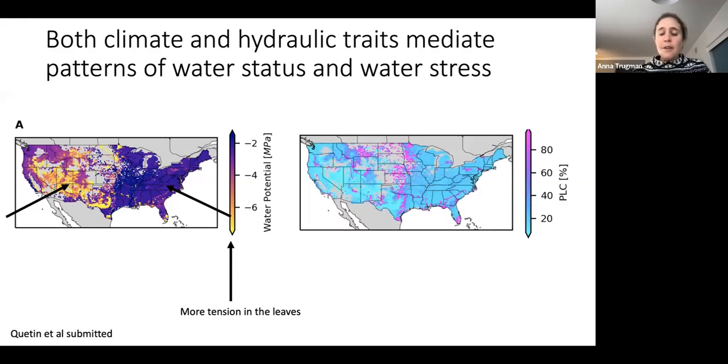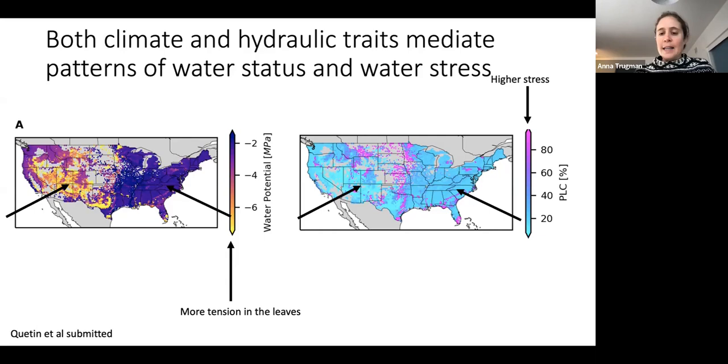But actually, the leaf water potential predictions don't correspond one-to-one with stress. And so this is the 10th percentile most stressed days on this map during the historical period, where pinker values correspond to higher stress. And we can see on the East Coast, where the leaf water potentials were much less negative than the West, in some cases we have slightly more losses in conductivity compared to our Western counterparts because of the much more negative P50s in the species on the West Coast of the United States compared to the East. And then there's also this